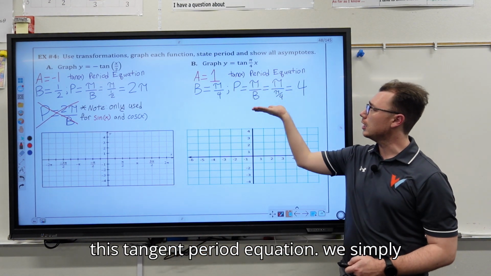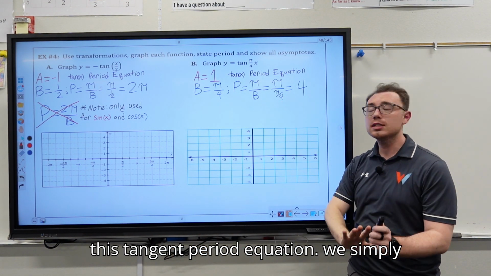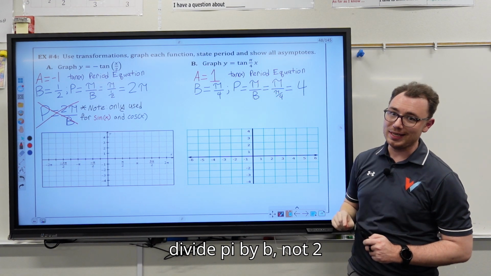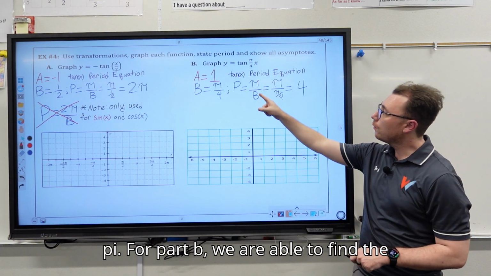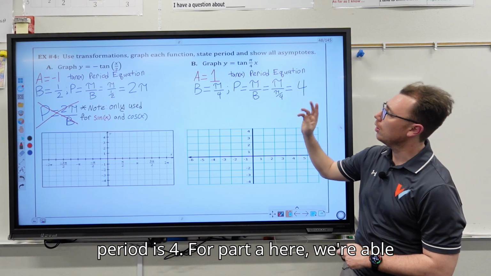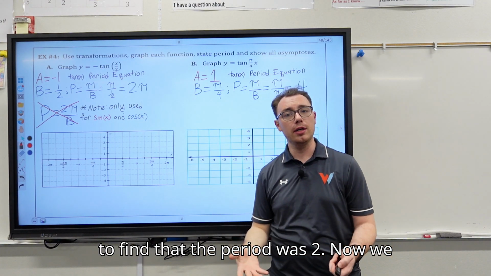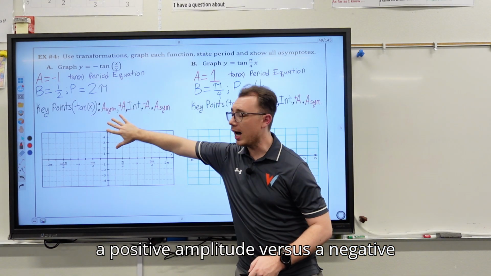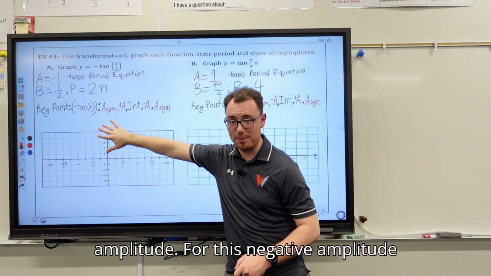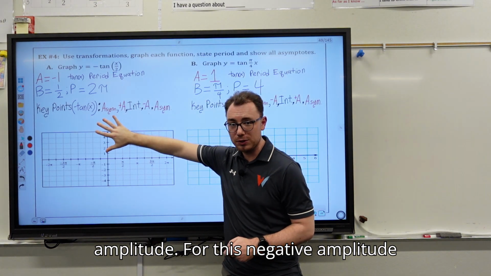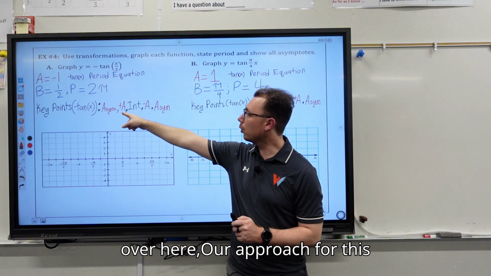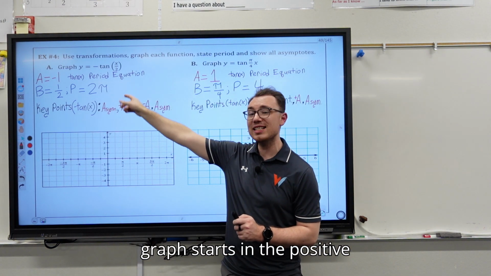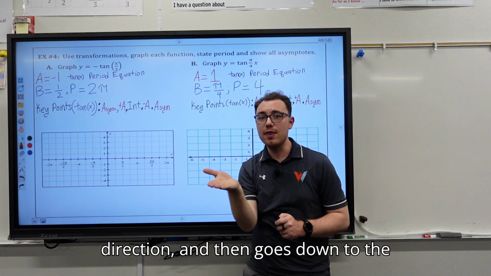Rather, we want to use this tangent period equation. We simply divide pi by b, not 2 pi. For part B, we were able to find the period is 4. For part A here, we were able to find that the period was 2. Now we want to try and state the key points for a positive amplitude versus a negative amplitude. For this negative amplitude over here, our approach for this graph starts in the positive direction and then goes down